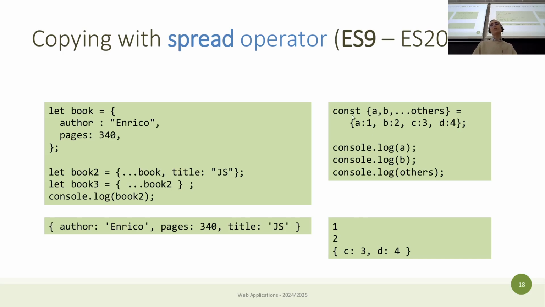We can do it with just a simple way of writing it. We don't have to create a new object and copy manually the first two properties, and then create another one and iterate over the properties except the first two, and so on. This can be written very compactly, in a very small way with this